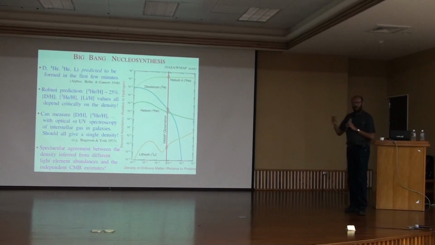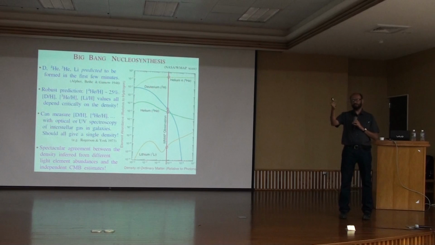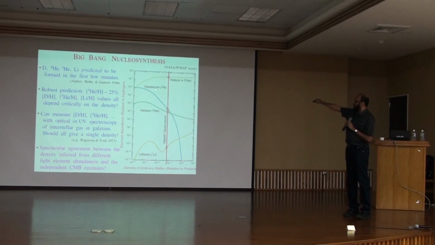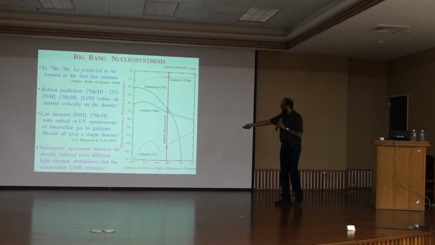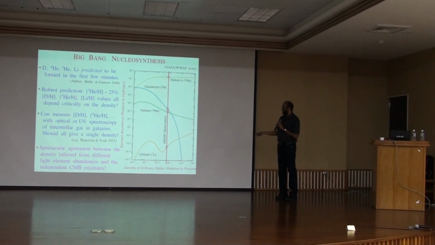Right? So now I can go do a measurement of the element abundance, and I can simply put the point, for example, for deuterium, if I measure 10 to the minus 2 abundance, I'll put the point over here on this curve. And that means that the density of the universe was 10 to the minus 12. And so on. So from the measured abundance, I can put the points at different places in this curve. For example, if I measure a helium abundance of 10 to the minus 2, 0.01, I will put the point over here on this curve, and that will tell me that the baryon density must be 10 to the minus 12 again.